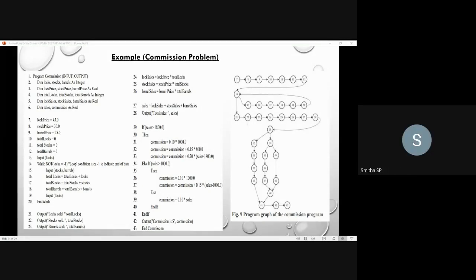Shreya? Present, ma'am. Manasvi? Present, ma'am. Jeevan? Present, ma'am. Josna? Present, ma'am. Kavya? Present, ma'am. Imran? Present, ma'am.